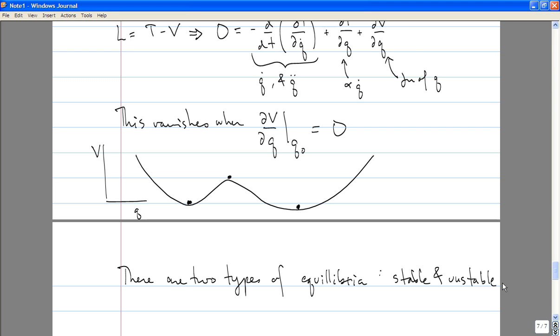Yes. Could the third term go like this? Yes. We would call those marginal equilibria. In particular, if the potential is exactly flat, then you would call it marginal. That's a sort of highly special case. So in that case, you would say that it is a flat direction or a marginal equilibrium or something like that. But generically, you will have only a local minimum or local maximum.